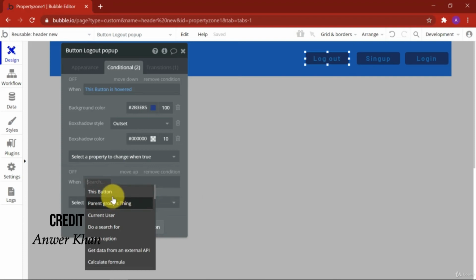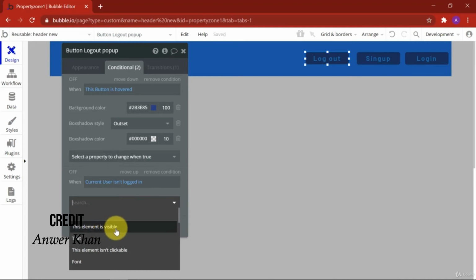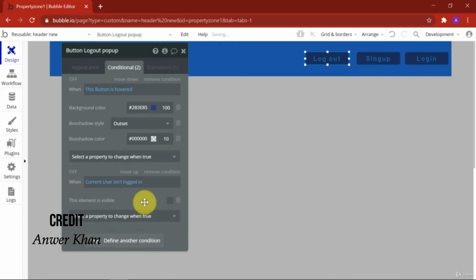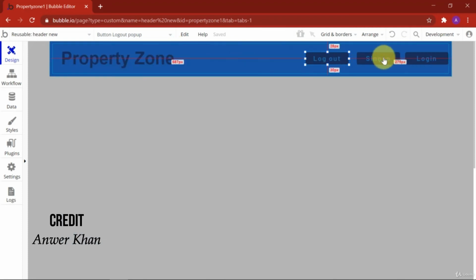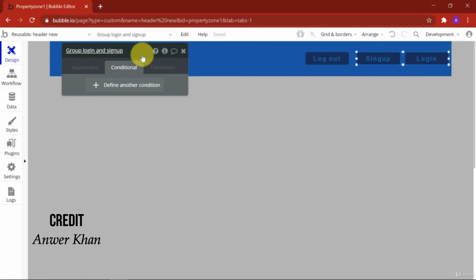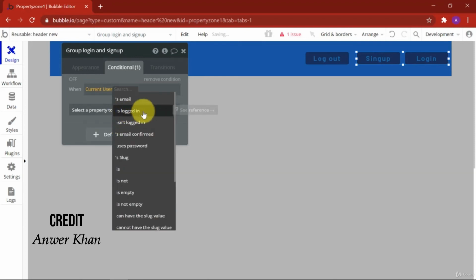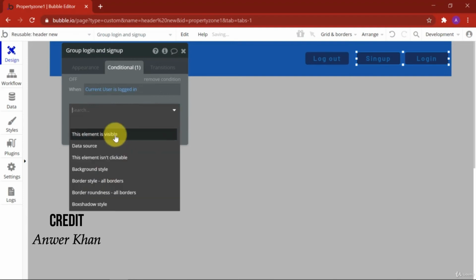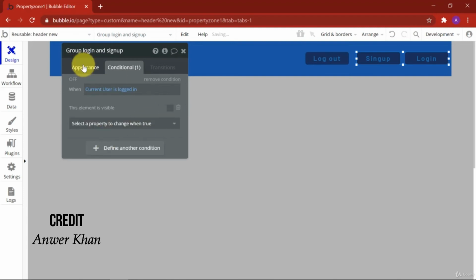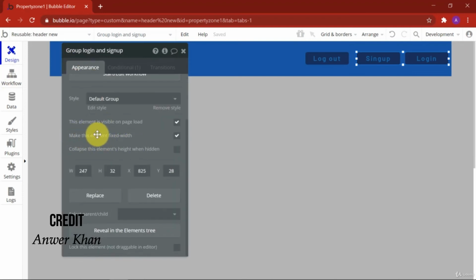I want this element to be visible when the current user is not logged in. Okay, I will leave this box as it is. After that, I will also add a condition to both of these buttons. So I'll select this group, login and sign up, and I will add a condition only to this group. It will apply to both of these buttons. When the current user is logged in, this element is visible. Okay, and I will again leave this stuff here, and after that,